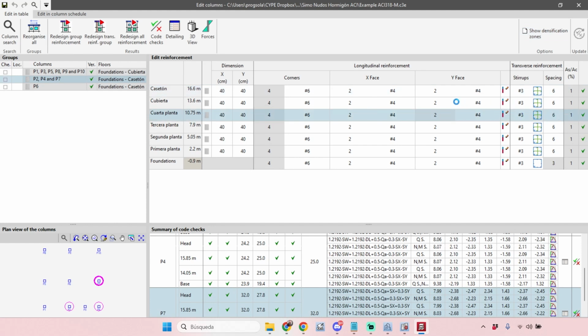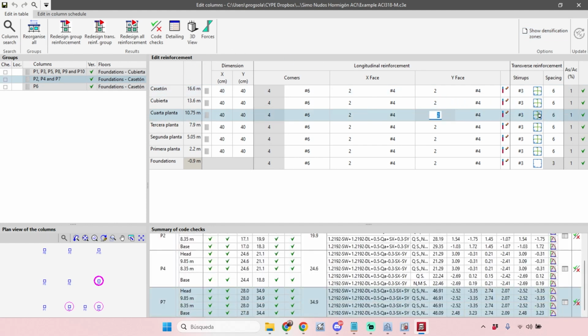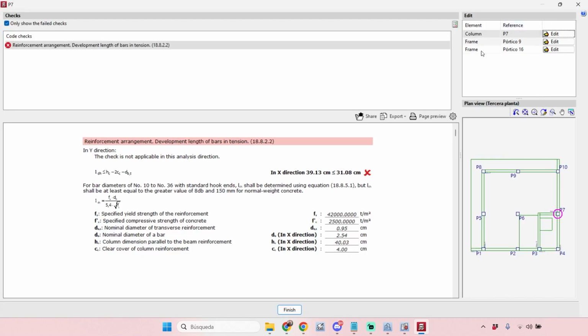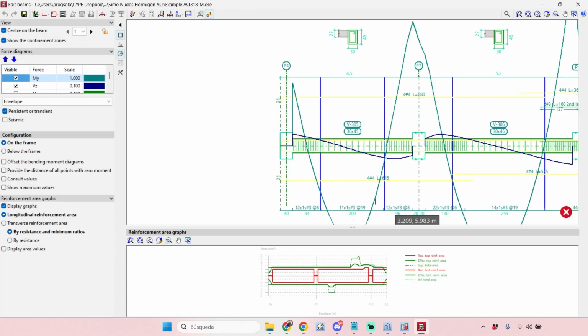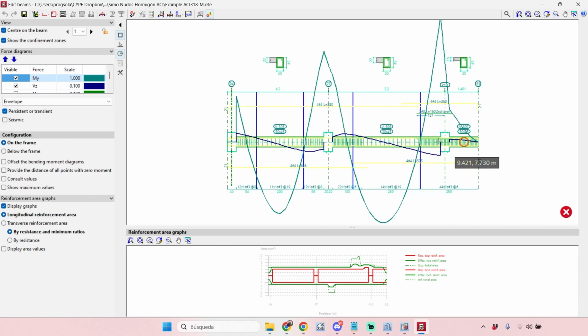I think this one, it was the third level, and I can change a parameter related to this, trying to solve the problem that the software registered before. The same situation could be if we are talking about the beams or the frames, because remember, it's a node, so it's a combination between a beam and a column. So if I open this frame, I can edit it,